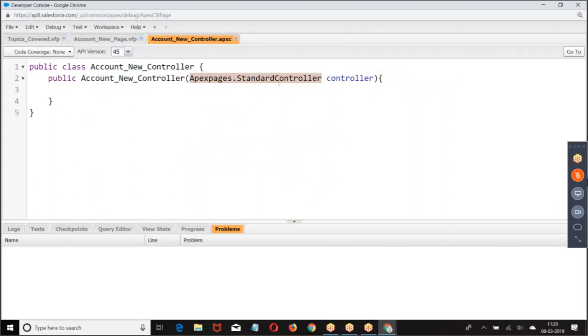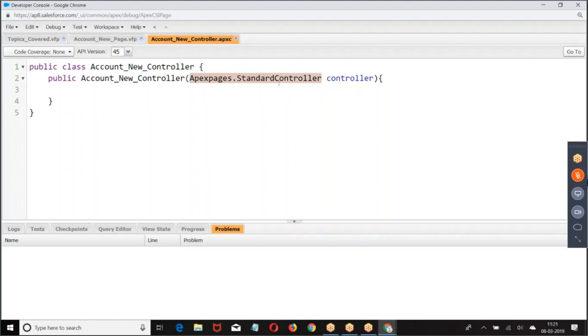In the VF page, whichever record we are referring to, that record is passed as a parameter to the Apex class. So any Apex class which you want to use as an extension should have a constructor with a parameter. What is that parameter? ApexPages.StandardController.